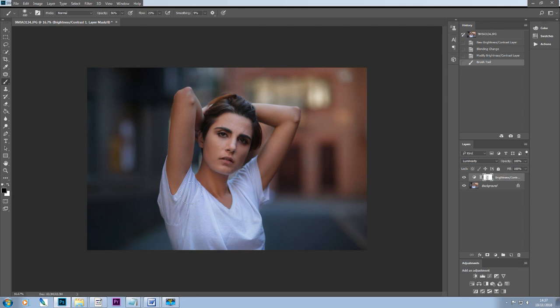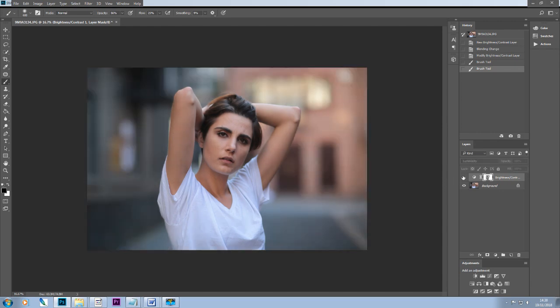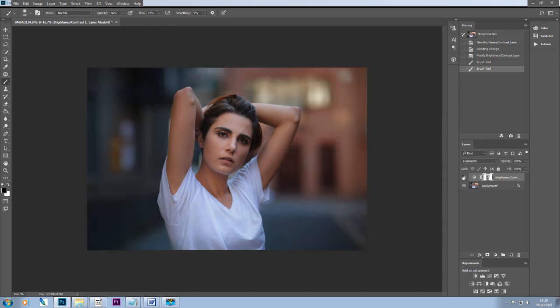So there we are. And if I switch that off, you can see the change we've made, and hopefully also that this has the effect of giving the subject more prominence in the image. And if I raise opacity again and add some more, particularly on the face,